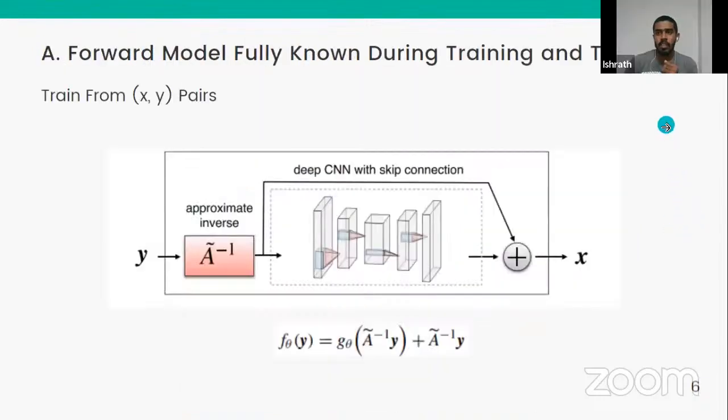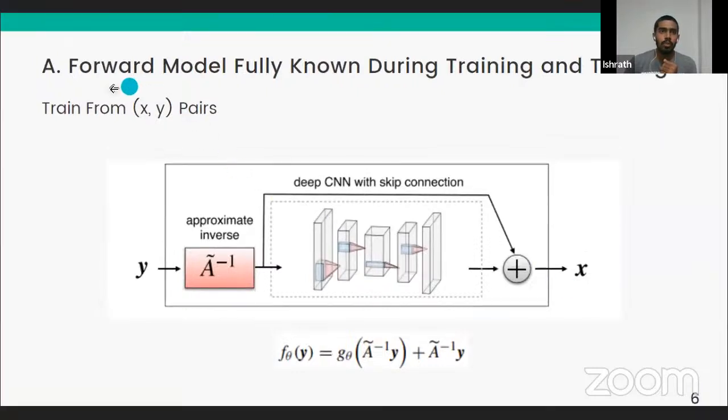Okay. The first case is we know the forward model fully during both the training and the testing period. In that case, this is the most basic and easiest reconstruction problem, where we have x and y in pairs. So for this kind of problem, there are two approaches that have been deployed to solve it. The first one is this network architecture. So here,